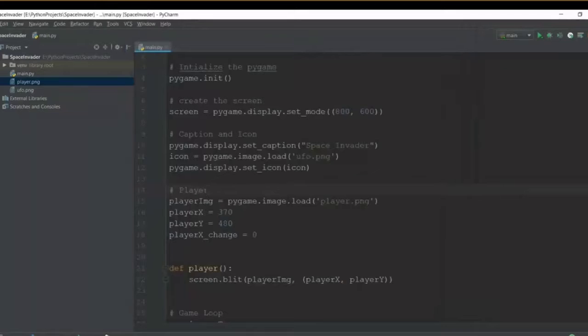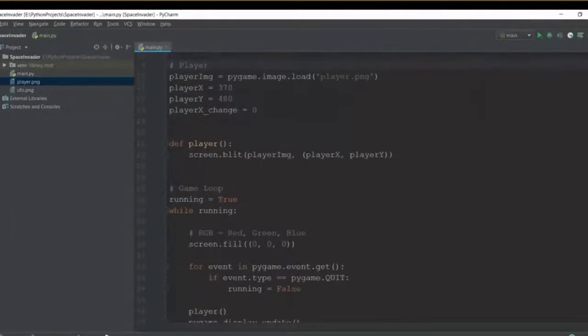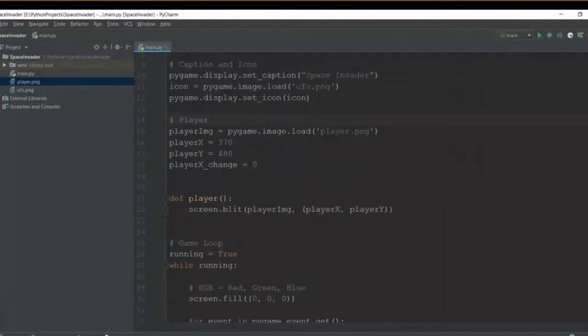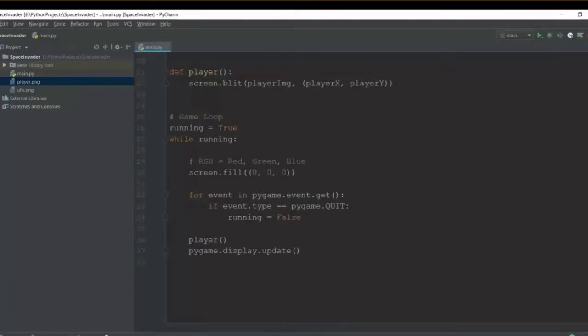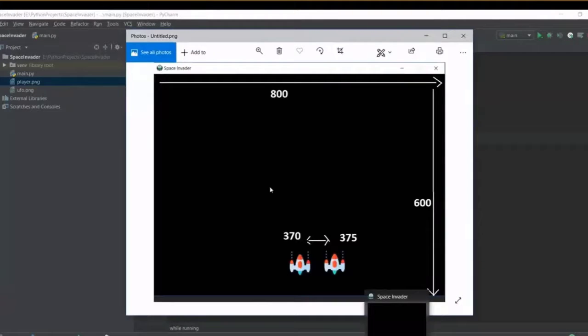So if we go back to our code, we need to add one thing before I can show you how we can add values to our player X and player Y, or how we can subtract from them. Before that, we need to make some changes because currently there is no way to manipulate the X and Y coordinates from our while running loop. And if you didn't understand what I meant by this, don't worry about it. When we actually write the code, you'll understand what is happening and what I mean by increasing the X value to move it towards the right hand direction.